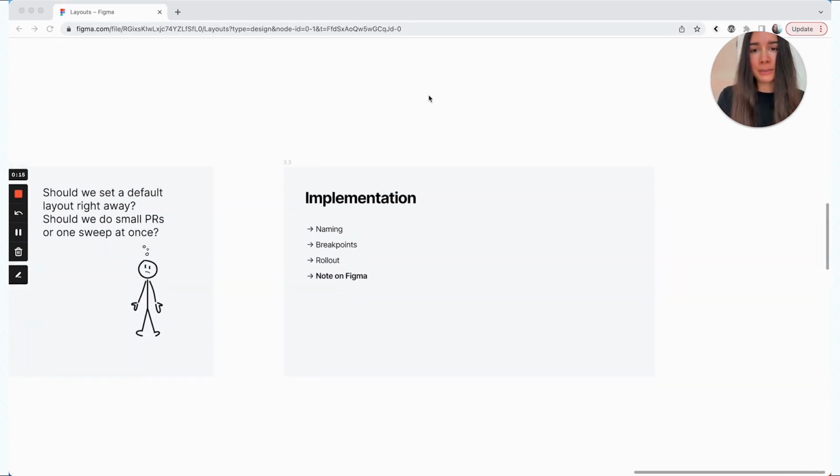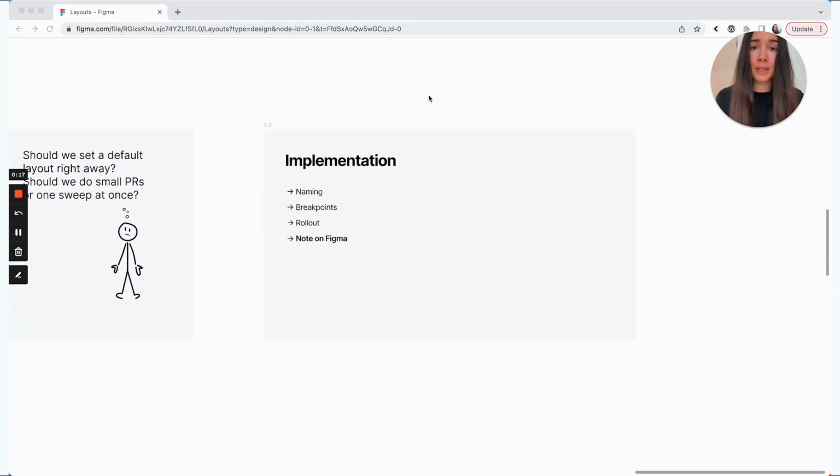The last point about implementation is a note on Figma. In Figma, you can't really create a layout component that would work in the same way as the code component would, but it may not even really be as necessary as long as everyone is aligned on what the names of the layouts are. So if everyone knows what a reader layout is, then when a designer hands off a new design and just writes "this should use reader layout," developers know exactly which component they should be using and they don't need to examine every single margin or padding.